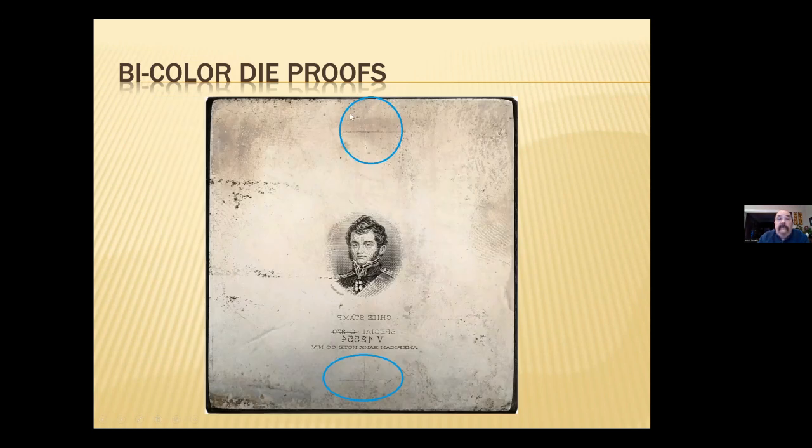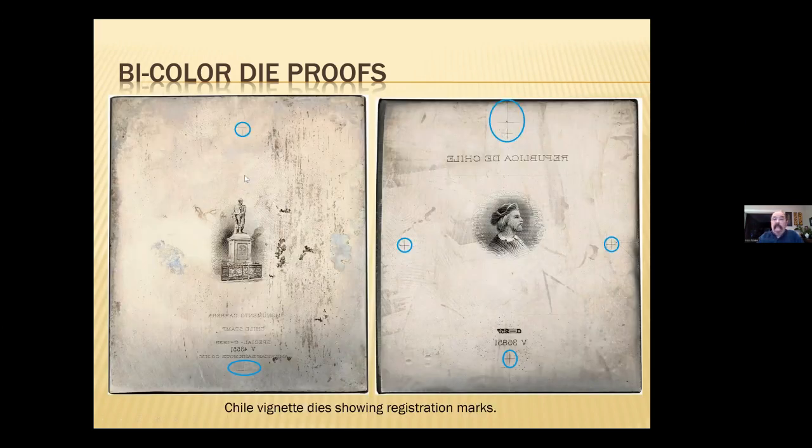And sure enough, on the die, there's the registration mark there, and there's a registration mark here, but there's no hole going through there for my idea of how they got the registration marks to match up, and why there was a tear. So the conclusion is, I've got no idea why the tear is there, and would be interested to hear other ideas. And I went back and looked at some of the other dies that he had, and sure enough, on